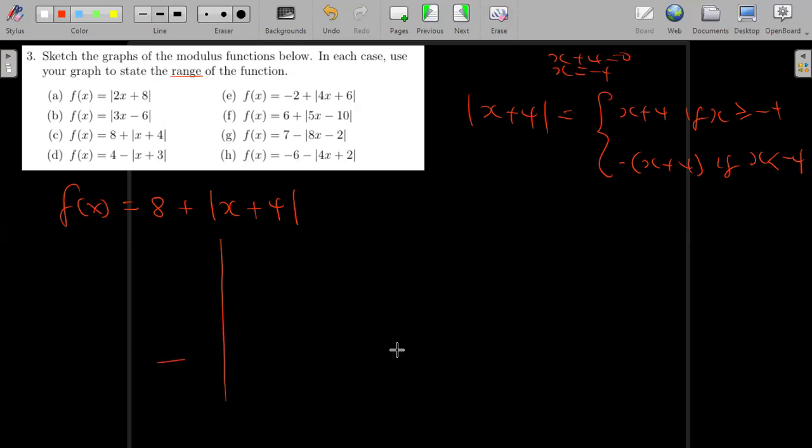Okay, so initially, if you are just to graph this modulus of x plus 4,